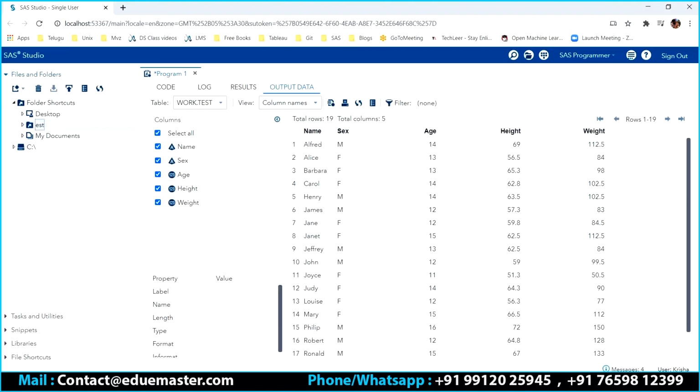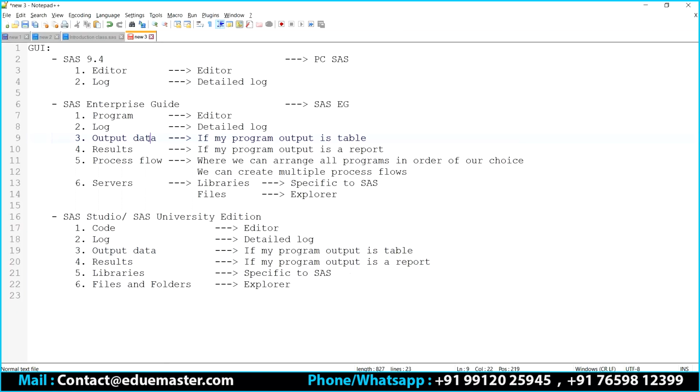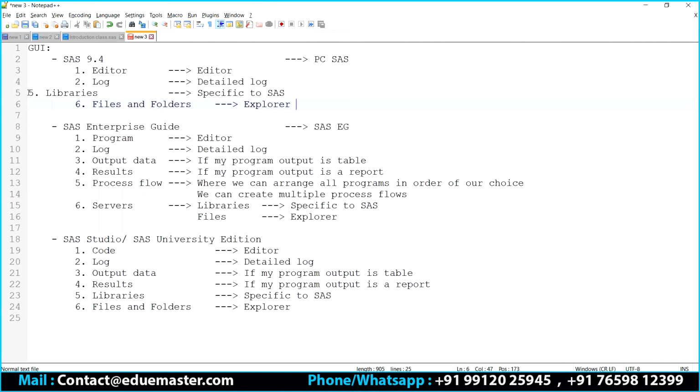Your test is in the library, correct? I can say I have two things here. Number one, my output data will not be created directly. Instead, I'm going to have a window called the Explorer window.